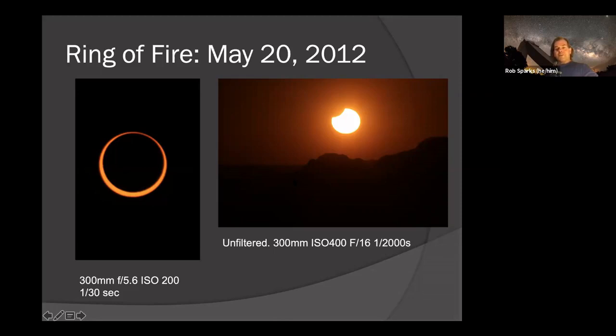I also think this was a special eclipse for me because if you're familiar with saros cycles, eclipses repeat every 18 years, 10 days, and about 8 hours. I can't remember the exact number of hours, 8 hours and some minutes. And 18 years before this, in '94, I was in grad school at Michigan State, just a few days from getting my master's degree, just before graduation. It was about May 10th. And so I saw that previous annular eclipse in this same saros cycle in Michigan.